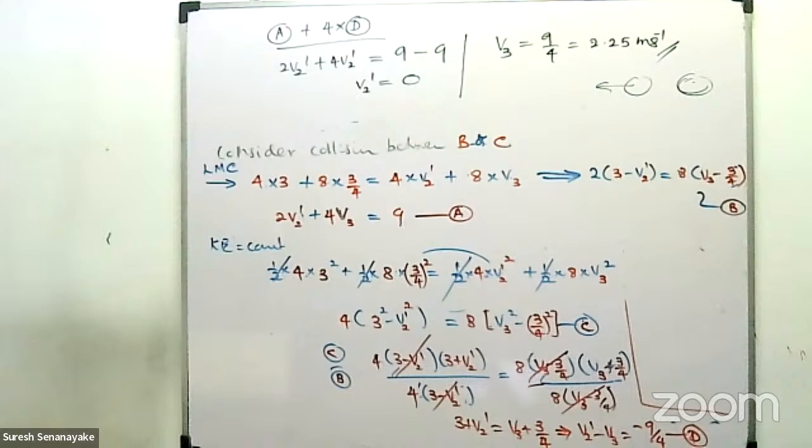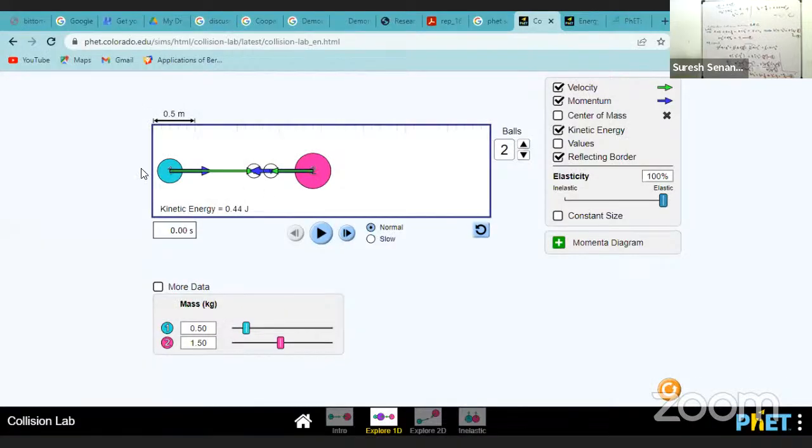You can see that I will show you the simulation for this one. Then this is the way you can write it. So there are two masses. The blue color one has 0.5 kilograms, the other one 1.5 kilograms. So a larger mass, right? We can change the mass using these bars.